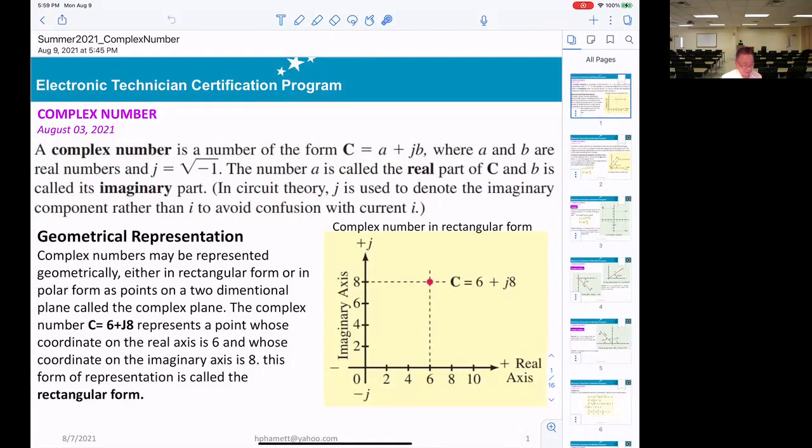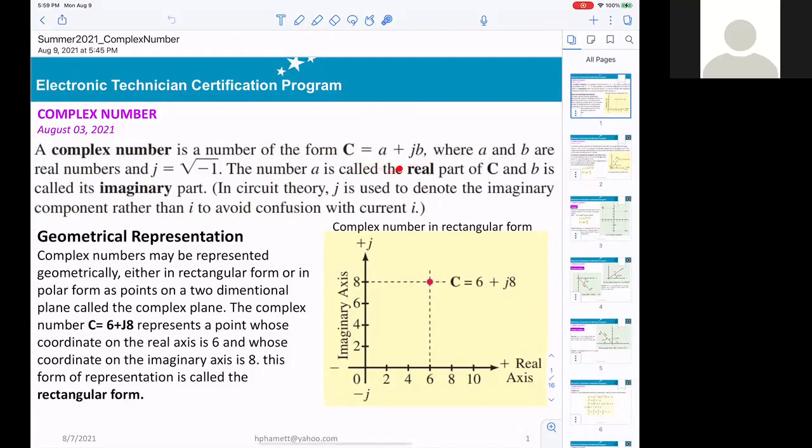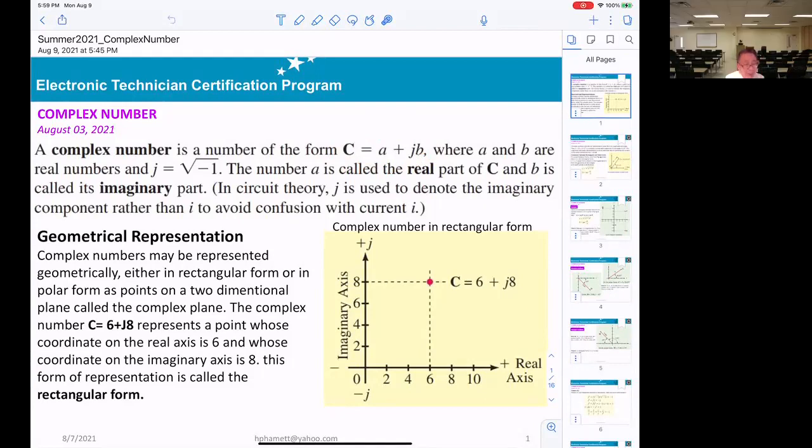A complex number is a number of the form C equals A plus JB. When you see that form, it is a complex number, where A is the real number and B